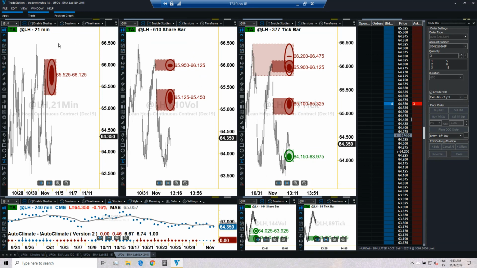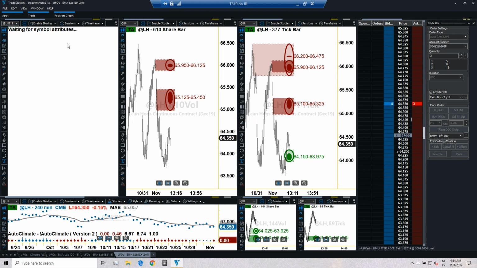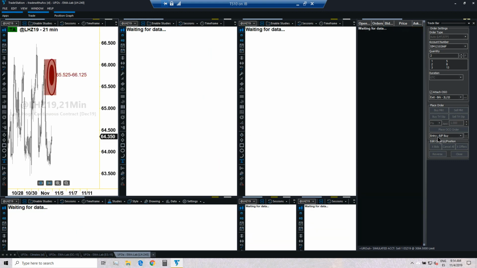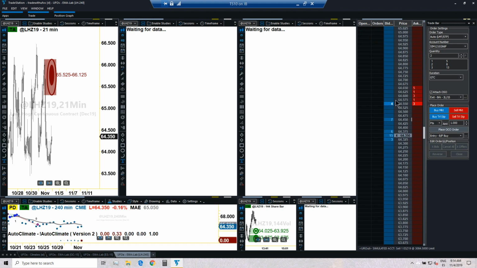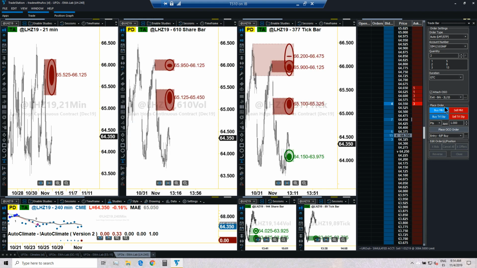Make sure that when you load your chart, you don't have it like I do with LH only. Make sure you load it with LHZ19. Okay, that way the symbol that you have on the charts is actually also valid to be placed on the matrix, and therefore you could actually place your orders. The chart will be or should be the same, but because you use the right symbol, you can then execute in the matrix, which makes it very convenient. So we still got a little bit of pending data here, so we're gonna wait for a second.